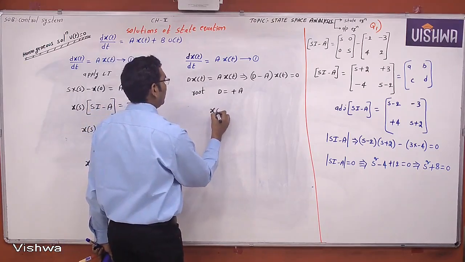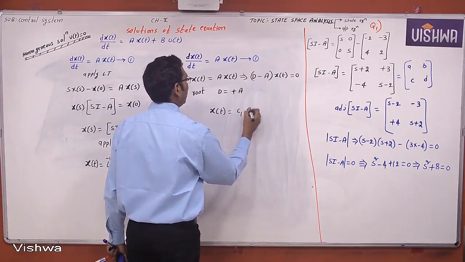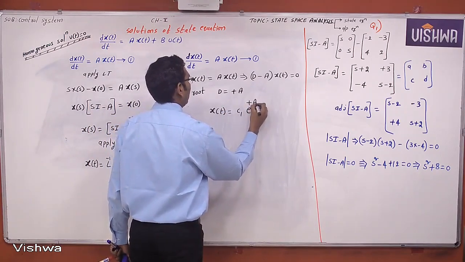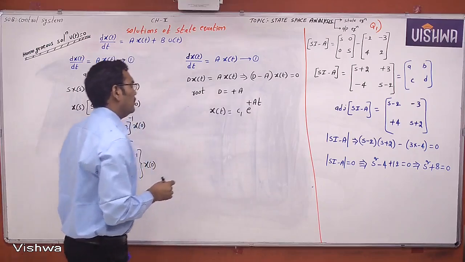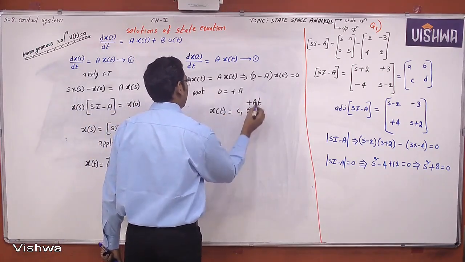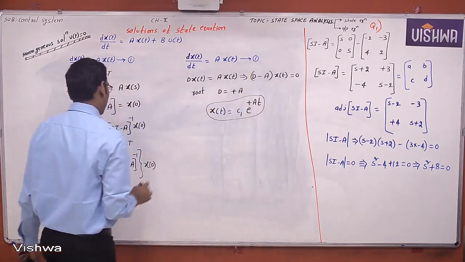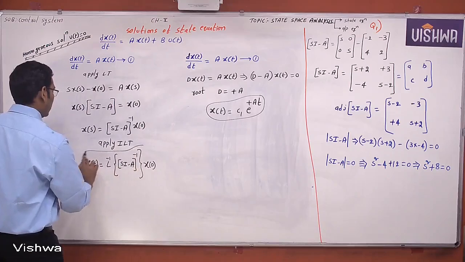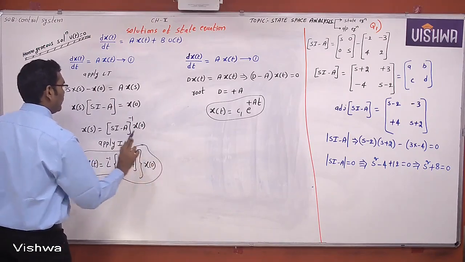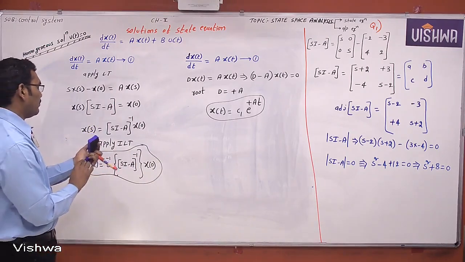X of t is equal to some constant c1 into e power a into t. Now this is x of t, the solution of equation 1. This is also x of t, the solution of equation 1. So can I compare these two? Yes, if you compare,